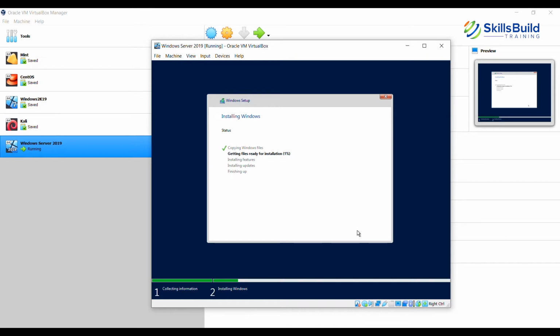installation. And beyond that, it will install features, and then it will go to the internet and install updates if there are any. And finally, it will wind up the installation and we will be able to log into Windows. So let's see what happens. It's copying. It has now done about 4%.